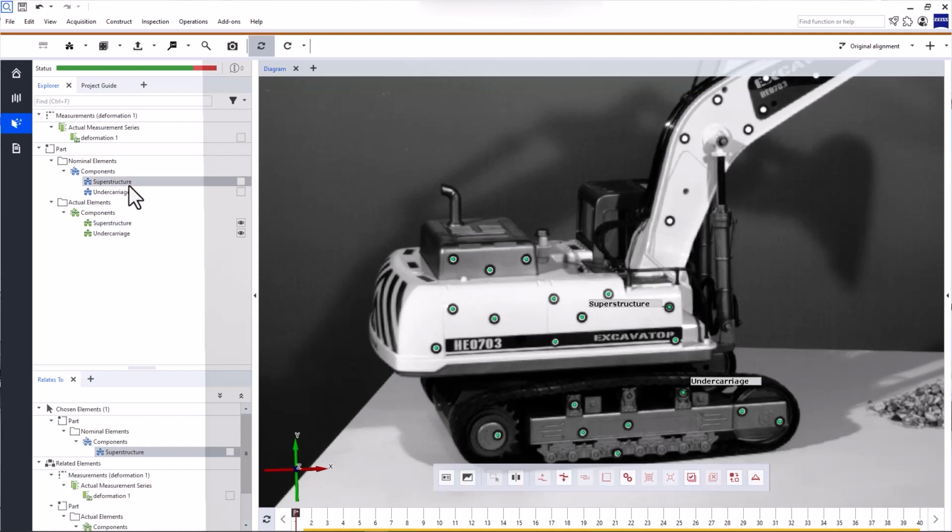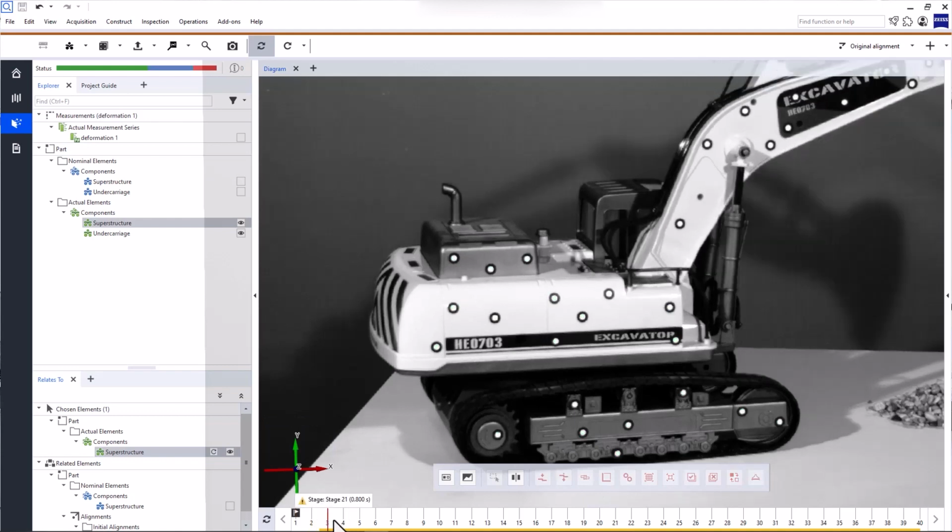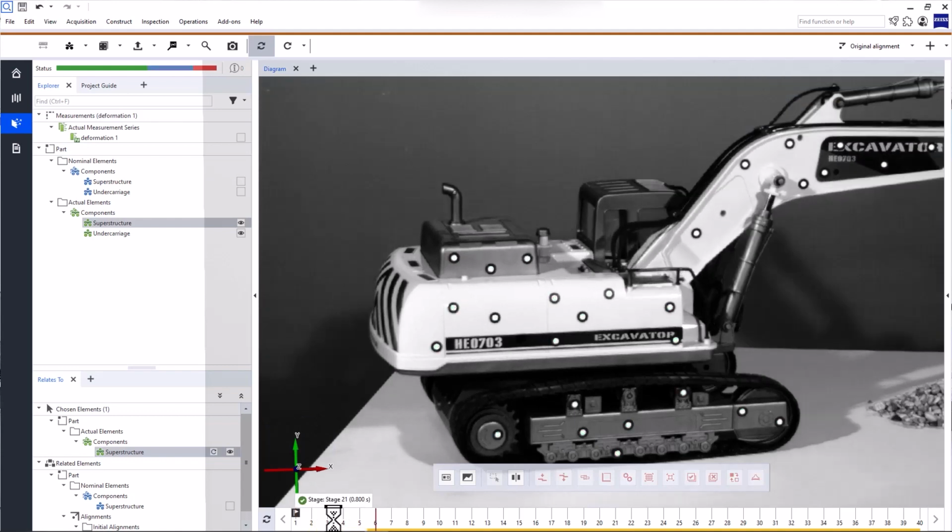The nominal point component represents the original state of the component, so the state in the reference stage. It's only relevant for more complex measuring setups, for example, measuring with multiple cameras. If you want to find out more, check out this What's New webinar from 2022. The actual point component is identified over all stages and used to compute your analysis.